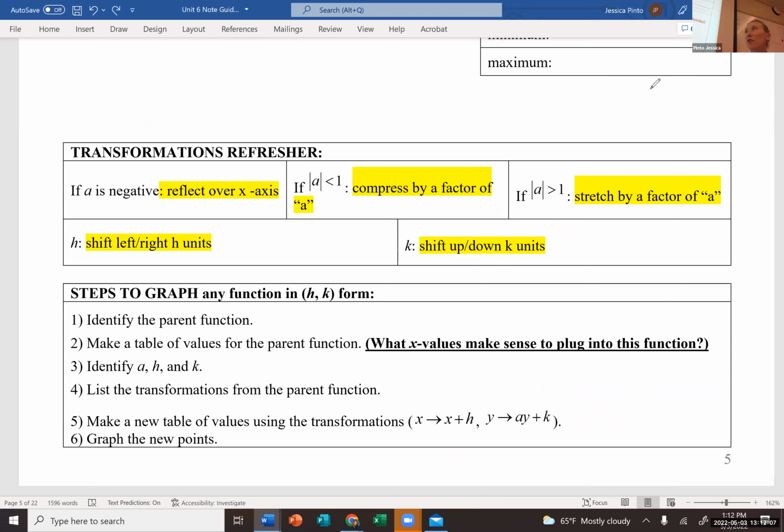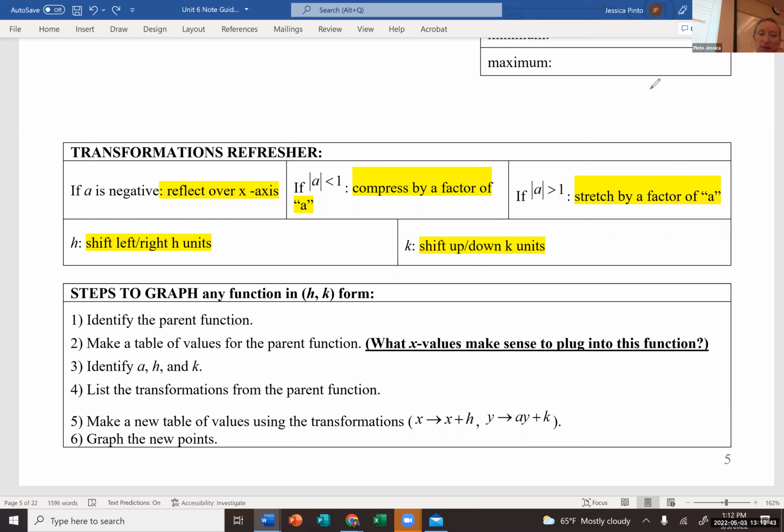And we're looking at our transformation refresher. So I've typed these in here and then highlighted it. This is the same as last time. If A is negative, the words that we use are reflect over the x-axis. If A is a fraction smaller than 1, we say compress by a factor of A. If A is a number larger than 1, we don't care if it's negative. If it's negative, we say reflect. But if it's -2, we say reflect and stretch. So if it's larger than 1, we'll say stretch by a factor of, and then whatever the A value